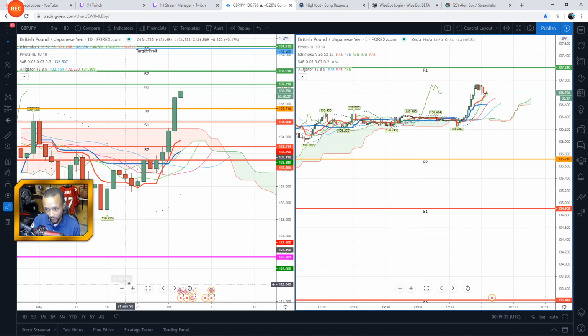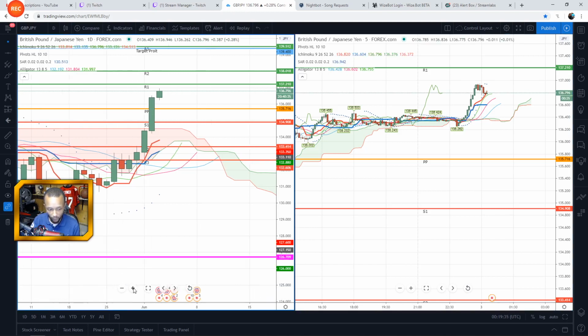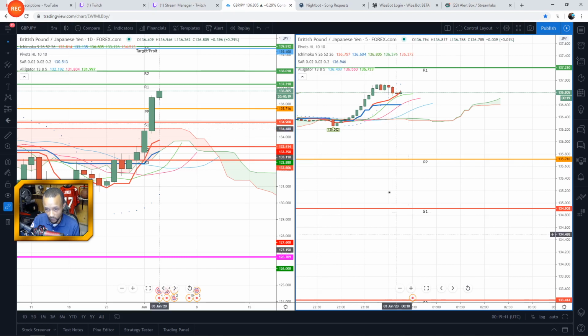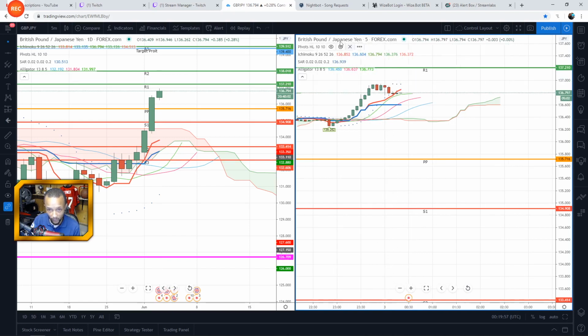And there are a few things we could do right here. Like I said, nothing is set in stone. My strategy is always to wait and see. So I'm waiting for the price to create a new high or at least exceed this last peak right here and start to move toward the new R1 level. This is the high for the day. But once we get back to this area, the parabolic shifts back below the price on the M5